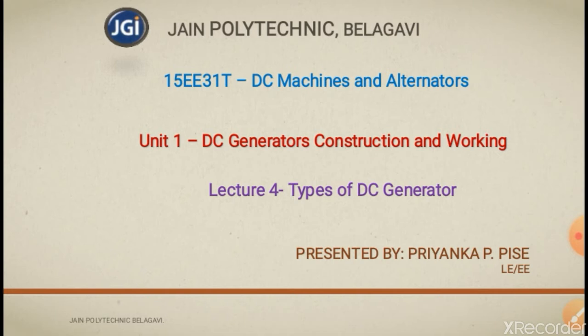The video is mainly based on DC machines and alternators with subject code 15EE31T. The video is mainly based on Unit 1, that is DC generators, its construction and working. In this video, we are going to study lecture 4, that is types of DC